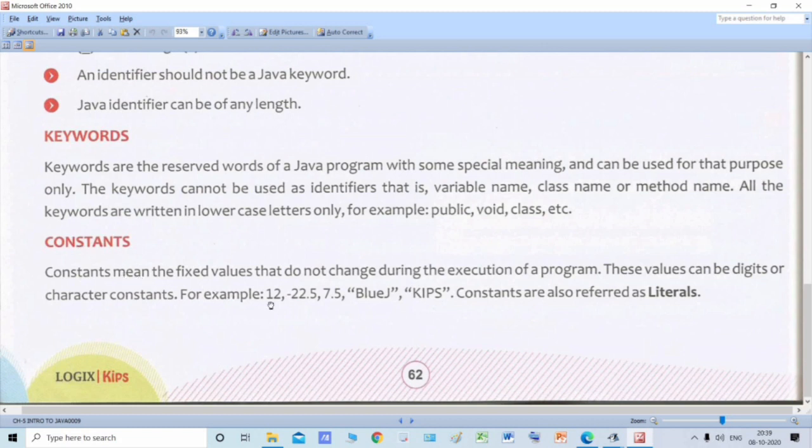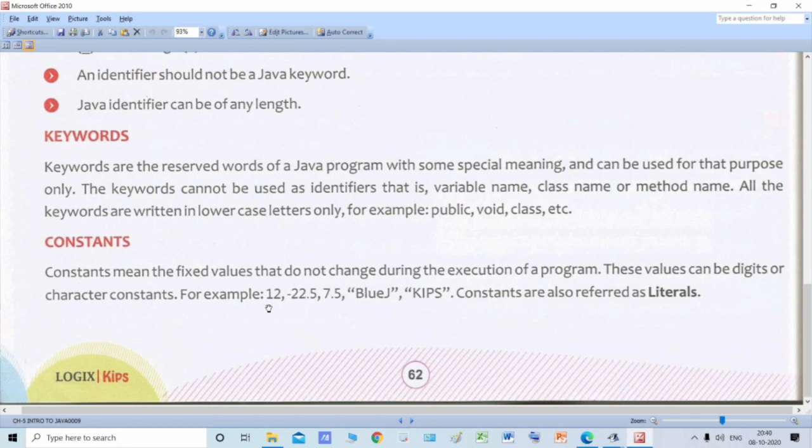For suppose, if you go out to work, and I tell you that throughout your life you will be paid only 40,000 rupees per month, that means your salary is constant, it is not going to change. That is the meaning of constant, something which does not change, like the distance between earth and sun, it is not changing, it is a constant.